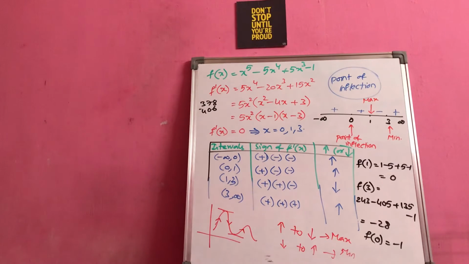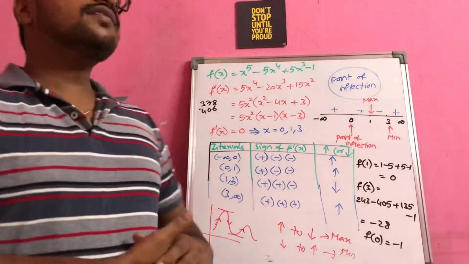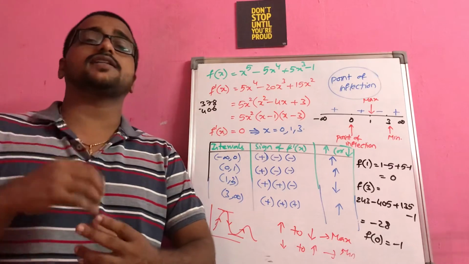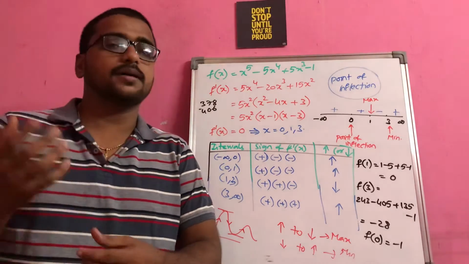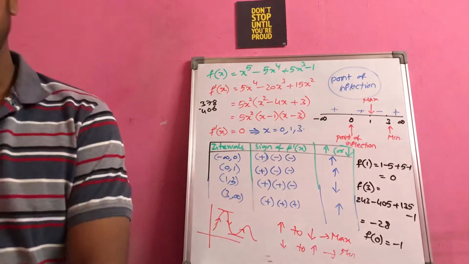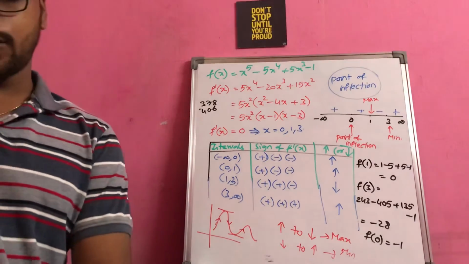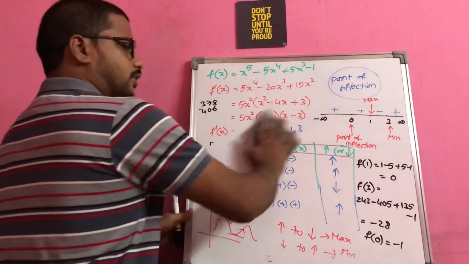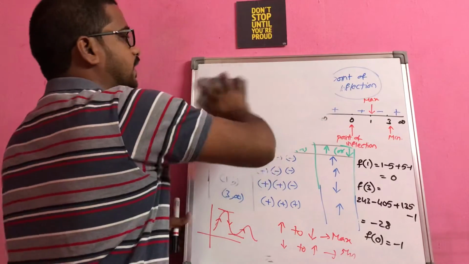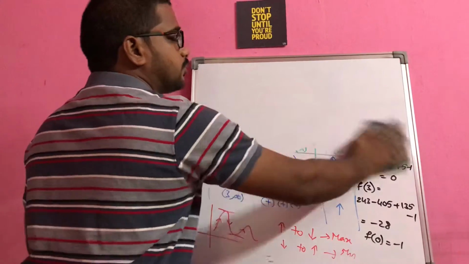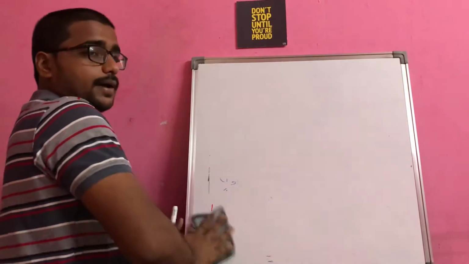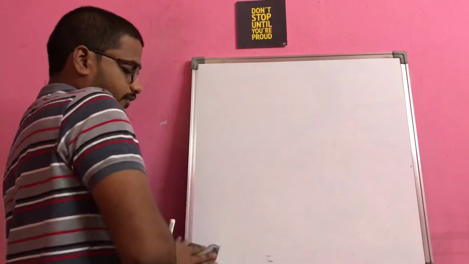So that's why you just have to apply the concept of increasing and decreasing whenever they are asking you about the point of inflection. That is the advantage of increasing and decreasing with maximum and minimum. Okay, so this is one example. Anyway, as I already told you, as far as I am aware, in the board exams they didn't ask about the point of inflection any time. But try to remember this concept of increasing and decreasing, which will help you to get the maximum and minimum points along with the point of inflection, right?